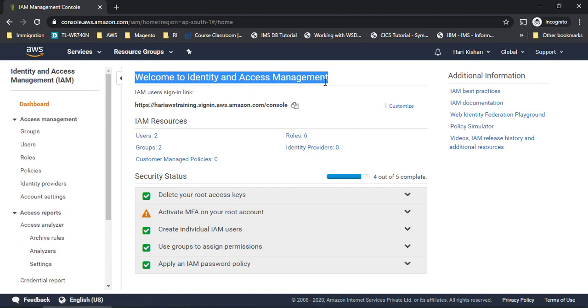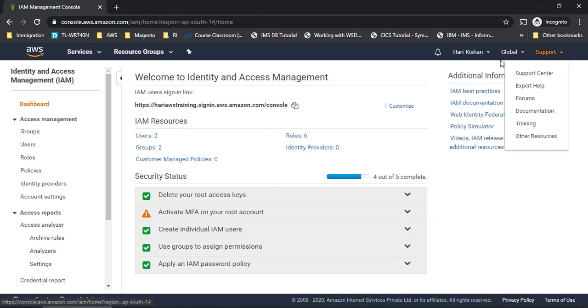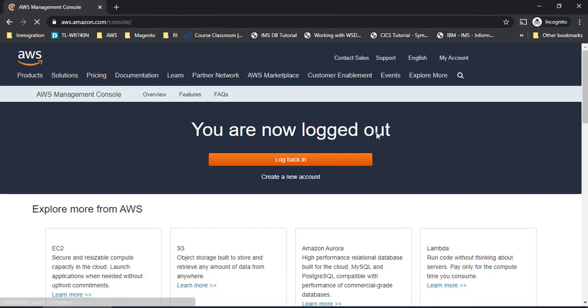Now in IAM, whenever we logged into console.aws.amazon.com, you would have seen a root user and then IAM user. Those two options you would have seen. I will show it to you once again here. I'll log out of my account first, and then I'll show you how it looks when I'm trying to log into that particular console.